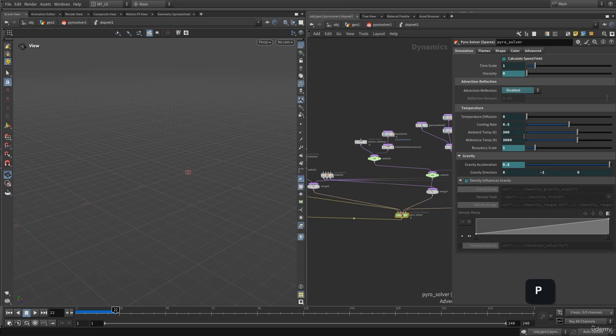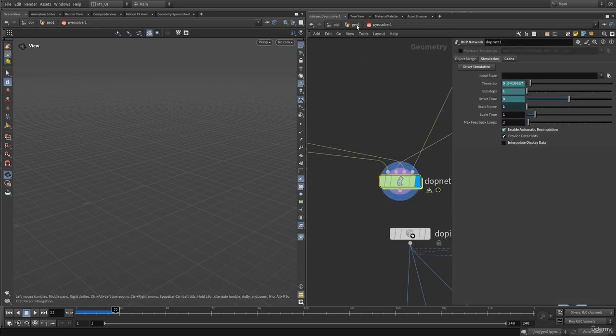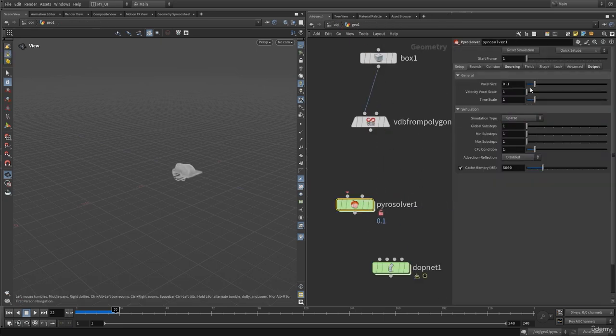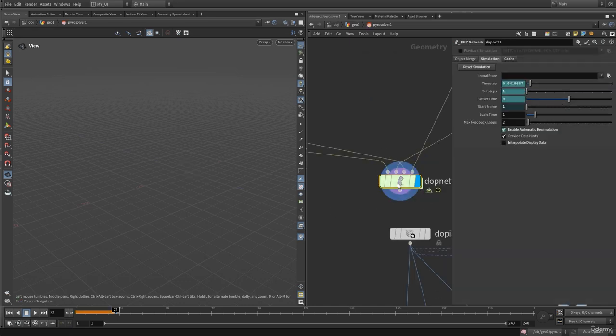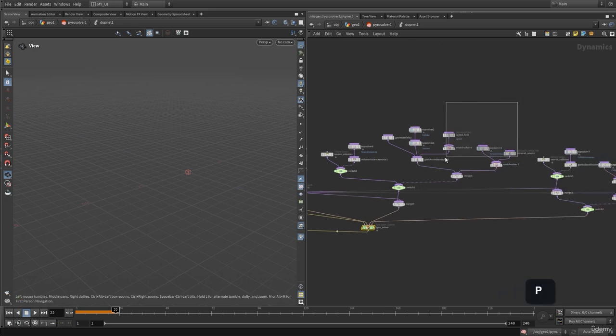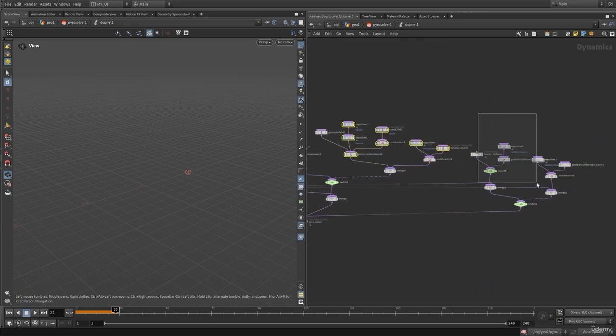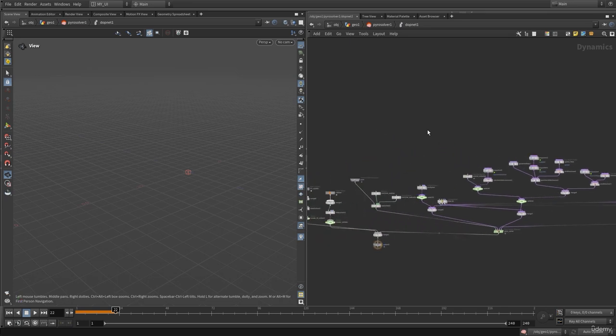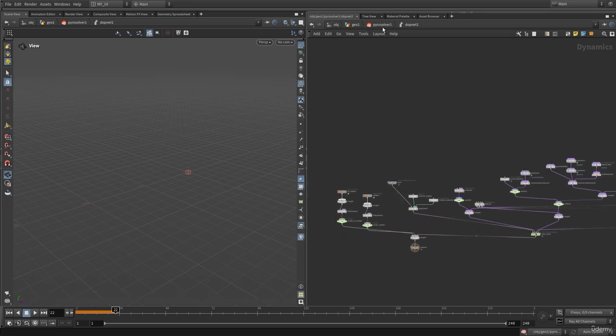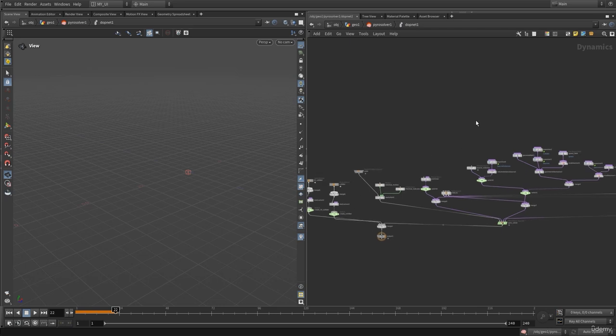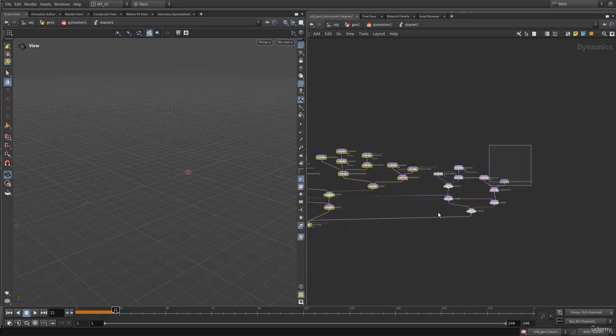On this Pyro Solver, here you can see we have some options, and their color has been turned into blue, and these are indicating that all of these parameters have been promoted into this level. Let me go back onto this Pyro Solver. So we have all of these settings. These are the settings that have been promoted from this original Pyro Solver, and we have some other simulation nodes, we have some forces, and all of these things have been pre-configured for us to make it easier to work with,